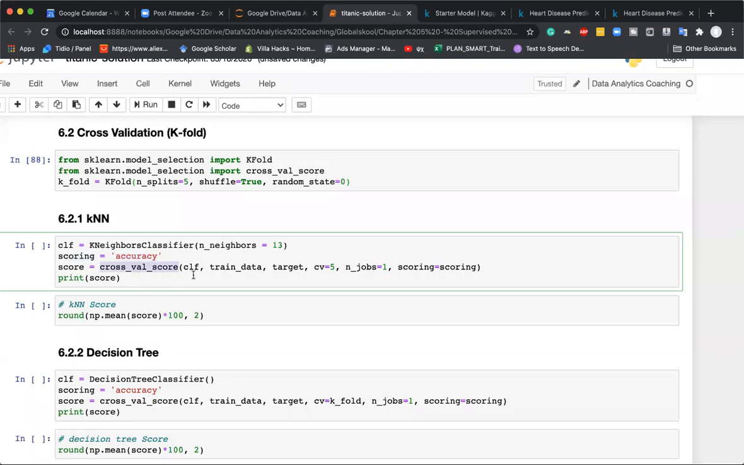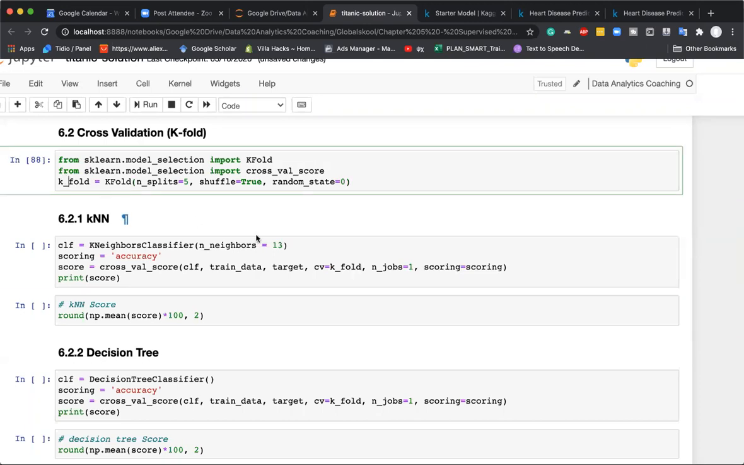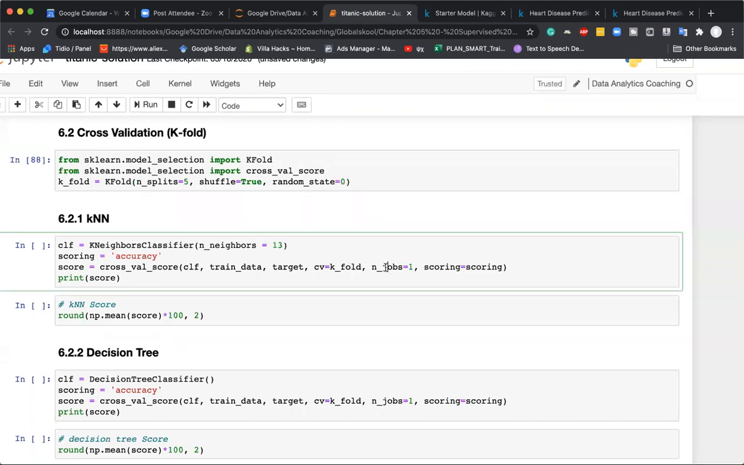And I call the cross_val_score. This is the cross validation scoring function, to which we provide the classifier. We provide the training data and the target. So this is our X, capital X, and this is our small y. We provide CV, which is cross validation. In fact, here instead of 5, I should be providing k_fold, where I'm saying that my cross validation should happen because of this KFold method. n_jobs is how many parallel processes I want to run. For me, 1 is fine for this data. And I keep my scoring as this variable scoring. So when we execute this code,